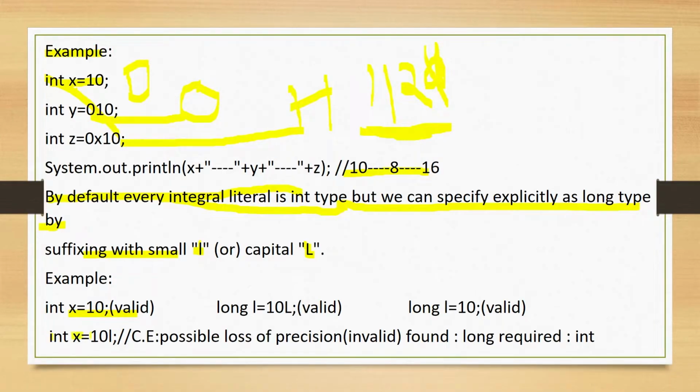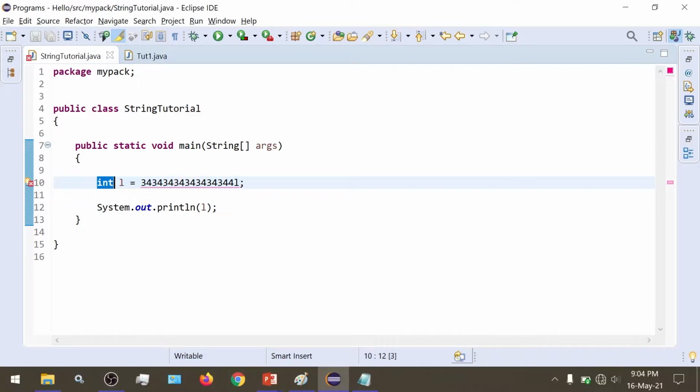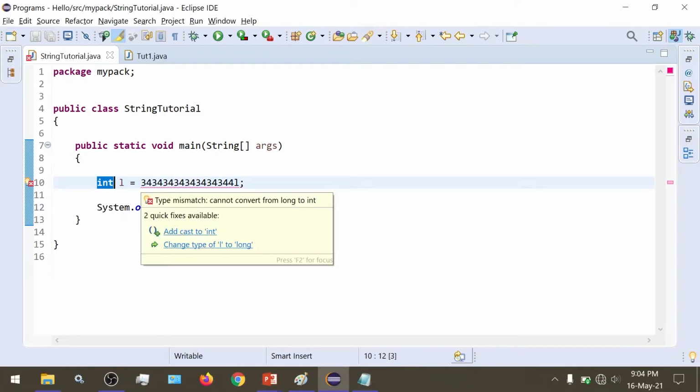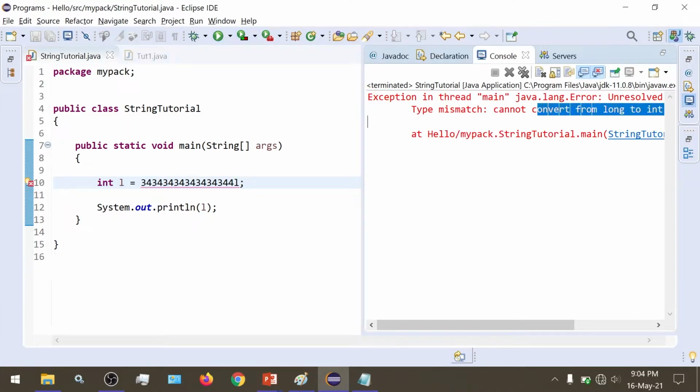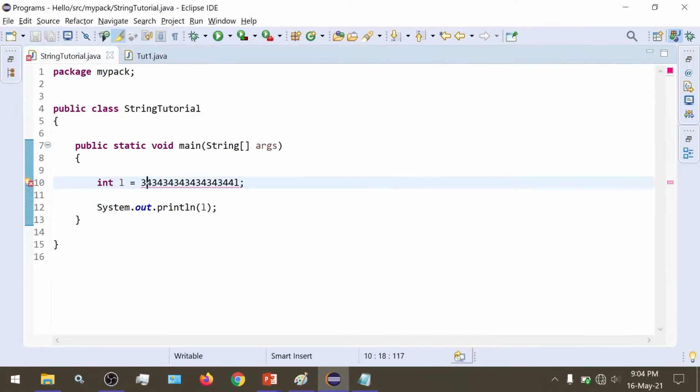We get a compile time error, as we saw: cannot convert long to int, because the number of bits required for a long number is more than the bits available with int. If we use long here, then it works fine.